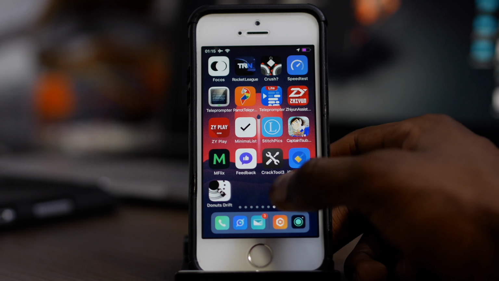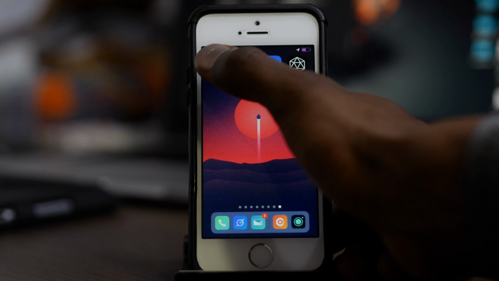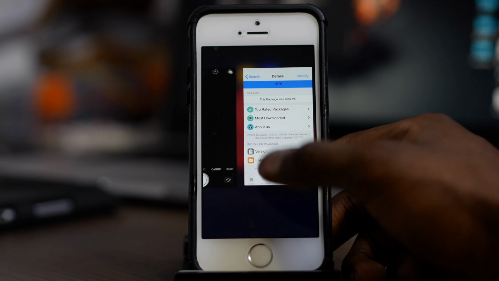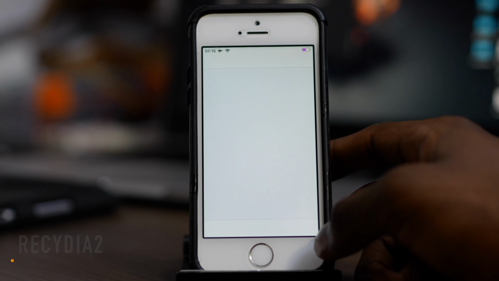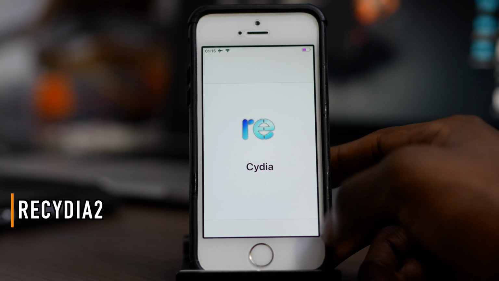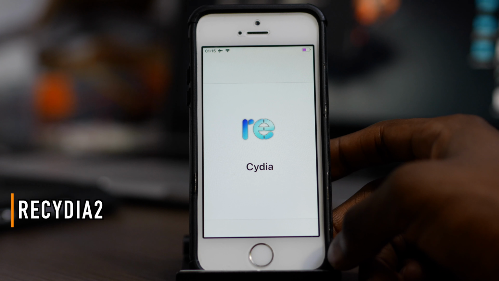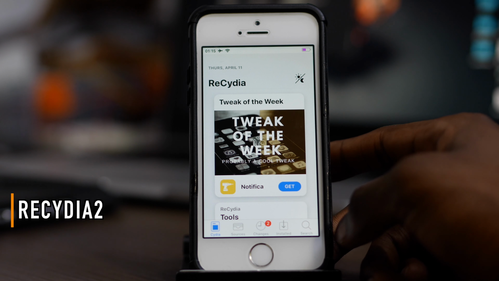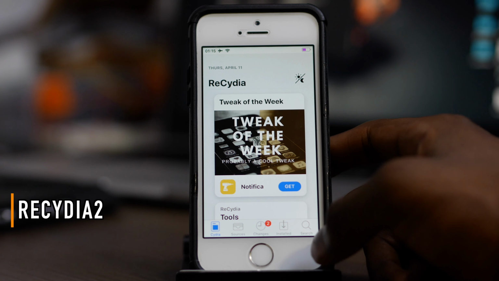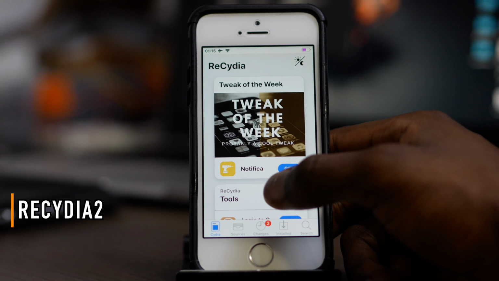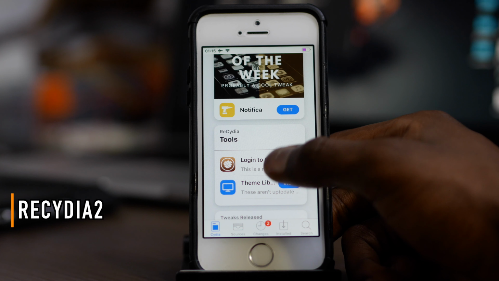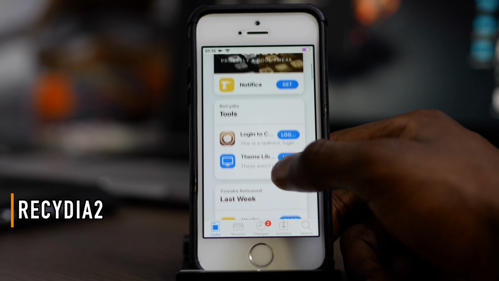And this next one is pretty cool because I reviewed something not too far off from this, so I'll just close out my Cydia and open it again. And it's called ReCydia. So it's kind of like Cydia 11 2.0, which I showed off I think 2 videos back, or the last video. But yeah, it's a different one, a different take on this,